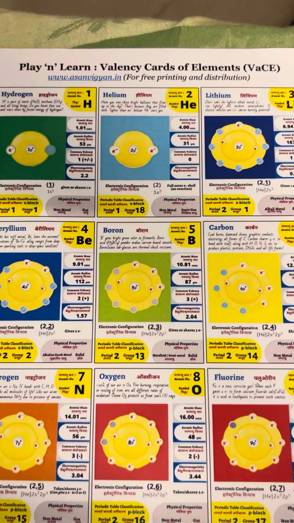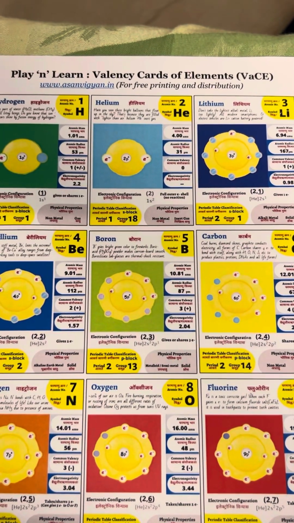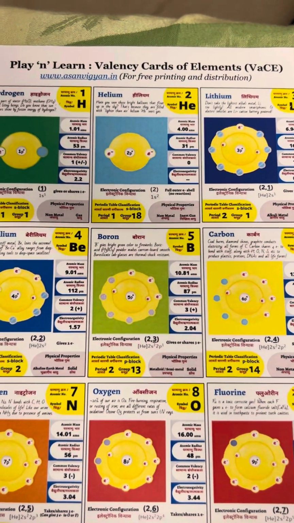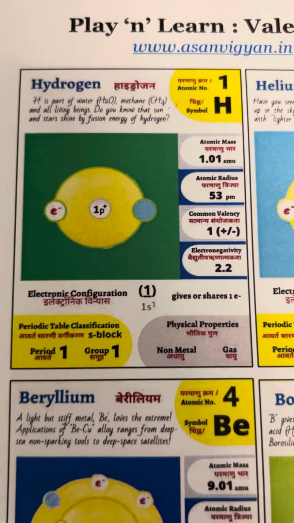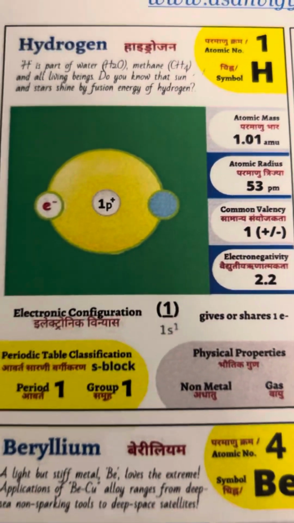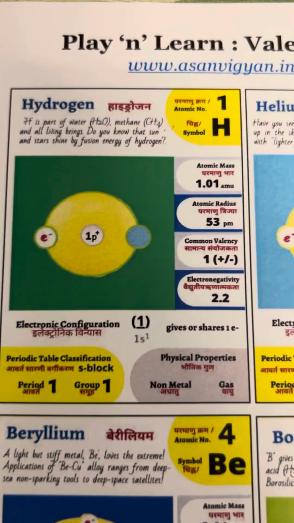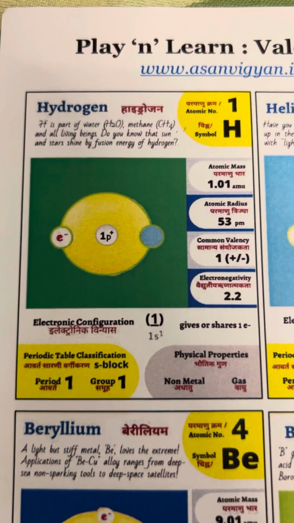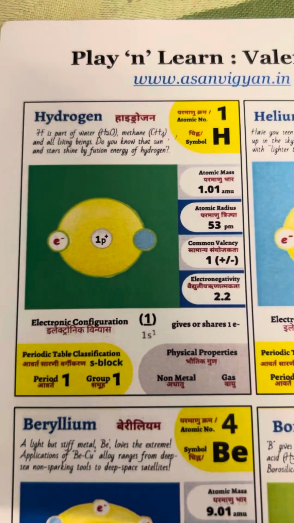Hello friends, now let us start with learning the new rules of the valency cards of elements using the new cards. So let's start with the first element, hydrogen. We can see here what all information is given. So we have hydrogen in both English and Hindi, atomic number 1 यानी परमाणु क्रमांक 1, चिन्ह H, the symbol